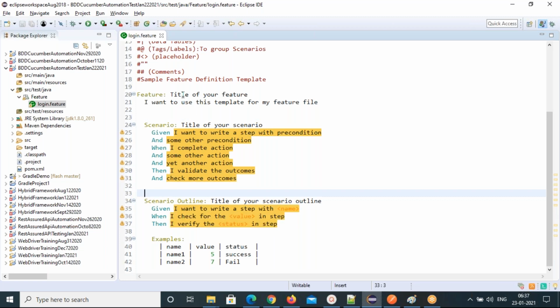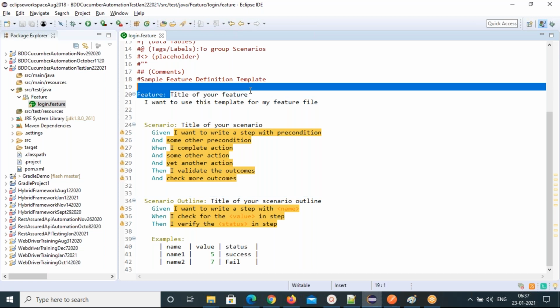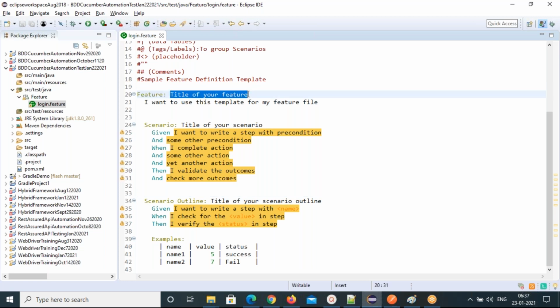Now first, you have to write your feature name. What is the feature? The login feature, right? Just give the title of the feature as login feature. I can give any description if you want, otherwise leave it.